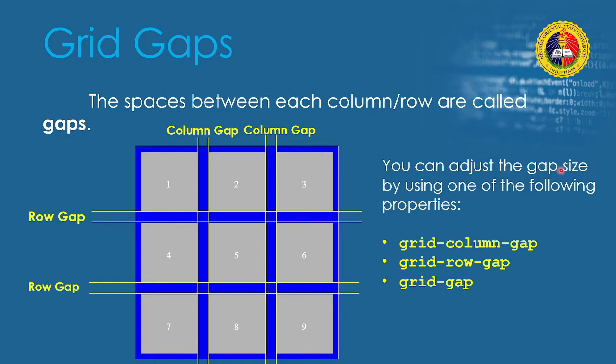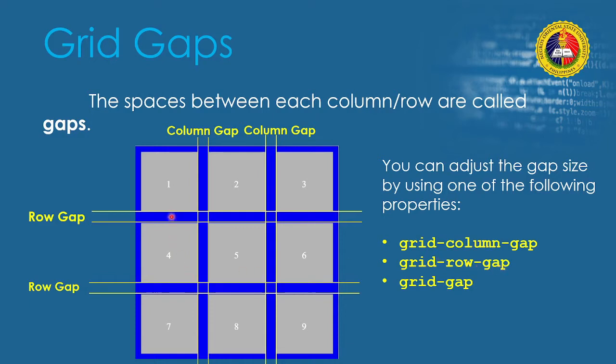You can adjust the gap size by using one of the following properties. Now, for us to set a gap, we will go back to this later, but just to give you an idea, we can set how big the gaps would be using these properties. We can either set grid-column-gap, then a colon, and then the value. It will allow us to set a specific space between the columns. And then we can also use grid-row-gap for us to set the size of the gap